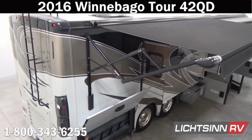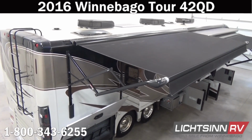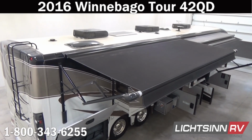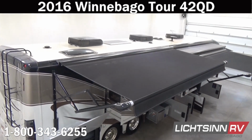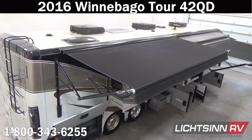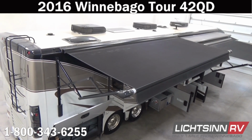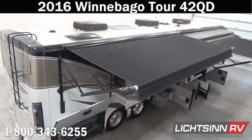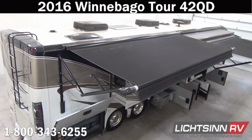A nice sneak preview here to the full-length awnings that cover the majority of the coach. We'll cover that also as we get down at ground level. But working our way from the rear to the front, you'll find exhausting for the residential Tucky branded residential fan inside the master suite, the master bathroom, a complete rear skylight, and then also each of the 3 True Air